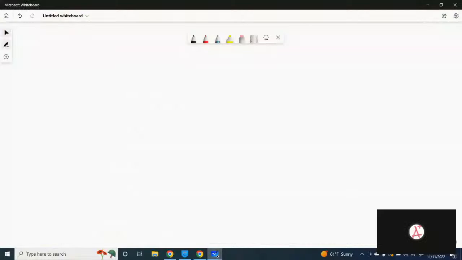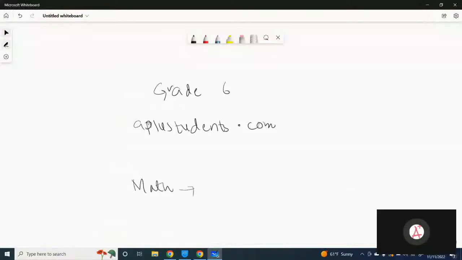So we're going to start with grade 6 maths. You can find all the lessons on eplusstudents.com. You have to log in there using your email address and the password provided by the administrator. Then you have to select math from the subject tab, then scroll down to grade 6 maths and we're going to start with the chapter